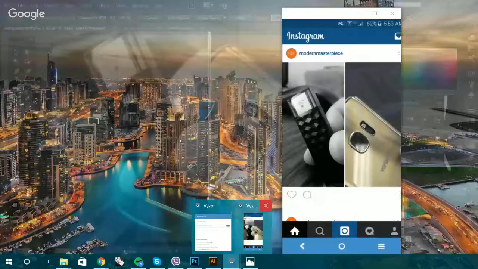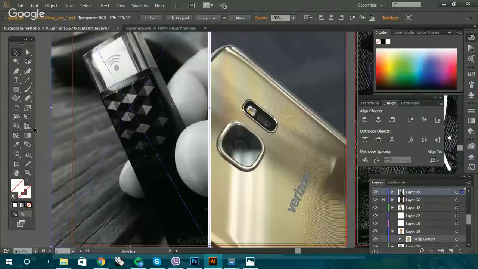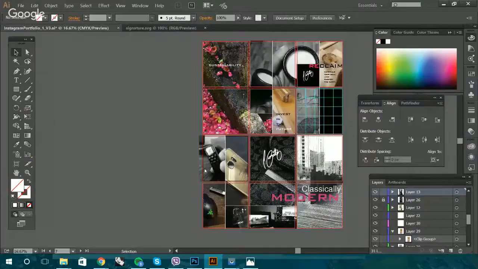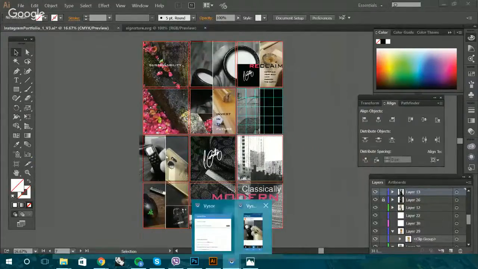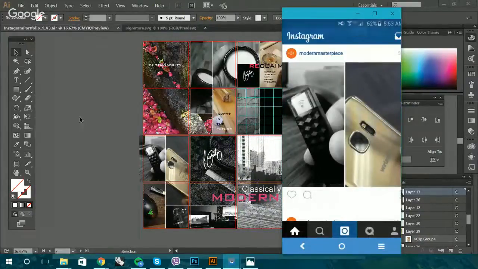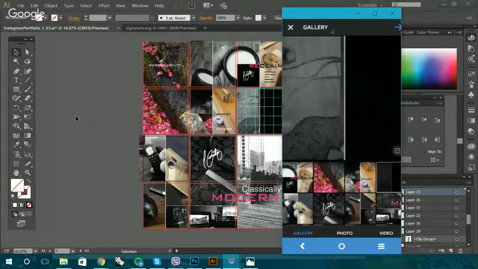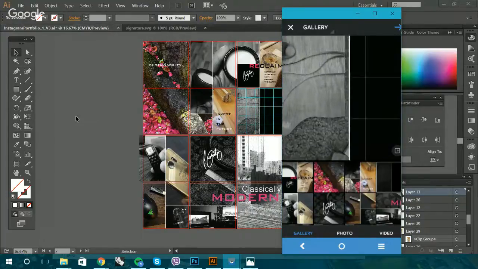So what we're going to do now is figure out which image goes next. All right, so we've uploaded the thumb drive and the Galaxy image, so we're going to do half wood and half black now. That's going to be this guy here. Of course, one thing I could have done is